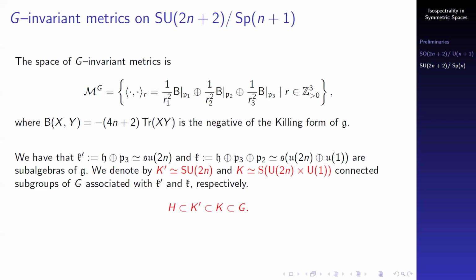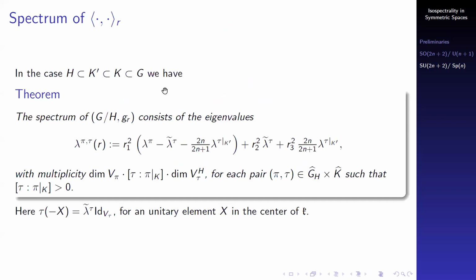And we proved a similar result to compute the eigenvalues of the Laplace-Beltrami operator. So in this case, we have the following theorem. So the spectrum consists of these eigenvalues. We have this formula, which has lambda P again, which is the multiple in which the Casimir element acts, minus the Casimir element. Here the same, and we have this lambda tilde tau,